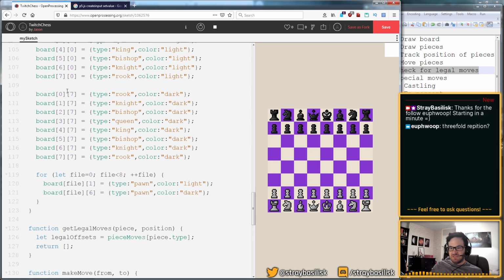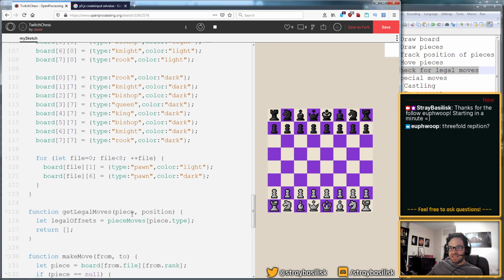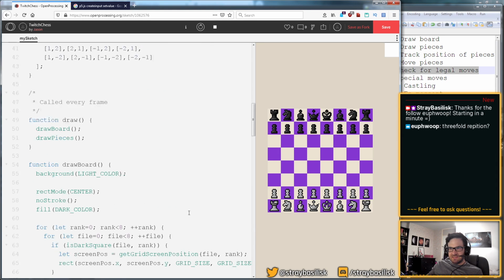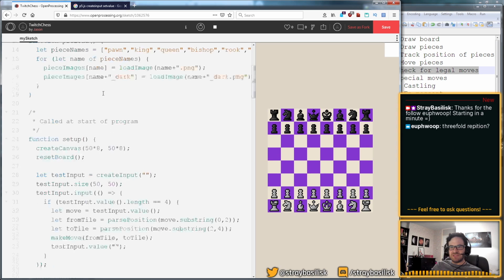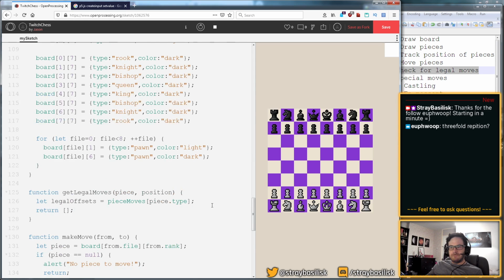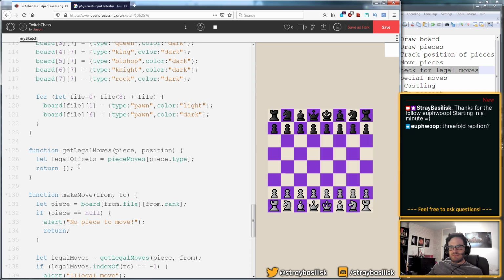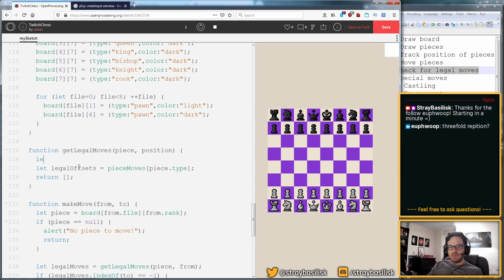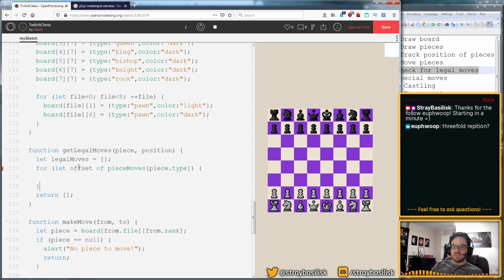What's this doing? It's saying if you've given us a knight, then we're going to look up the relative moves which are allowed for a knight, right? And in fact, we're just going to loop over these. So we're going to go over each of these offsets. Then we're going to figure out